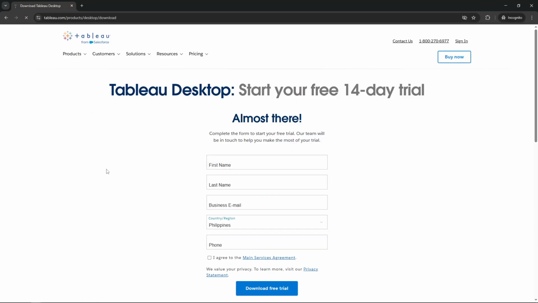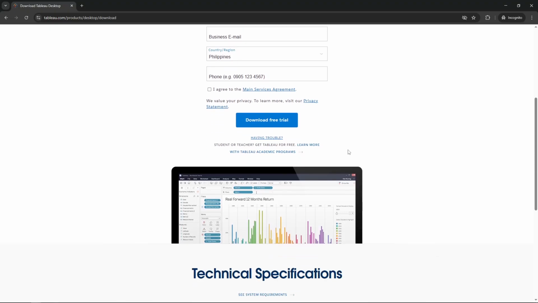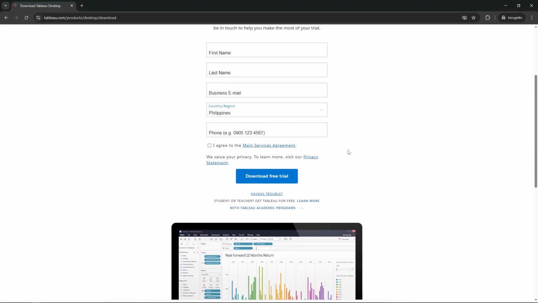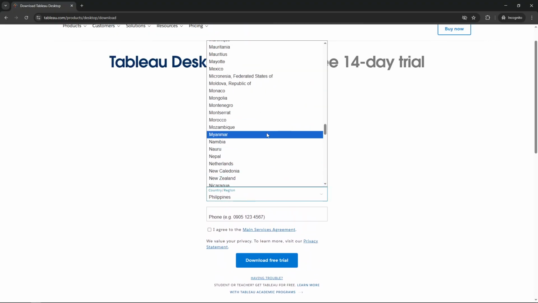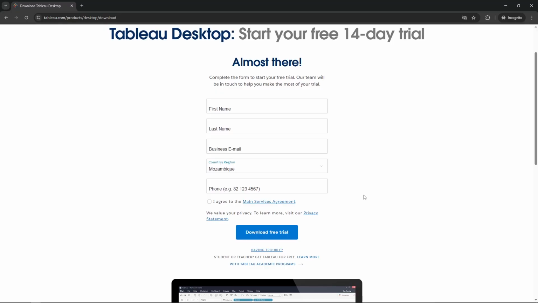After clicking Start a Free Trial, you'll be redirected to a registration page. Here, you'll need to fill in some information to create your account. You'll be prompted to enter your full name, business email address, organization name, job title, your region, and phone number. Make sure you enter accurate information, especially your email address, as this is where Tableau will send your registration details